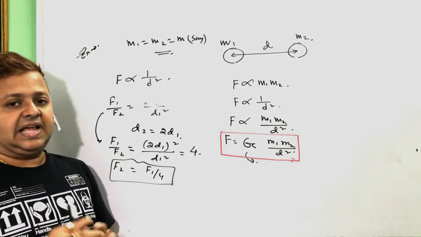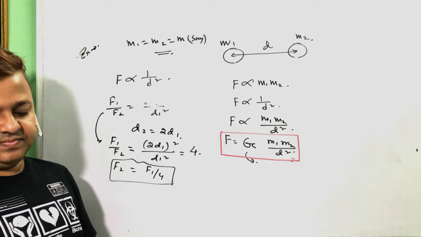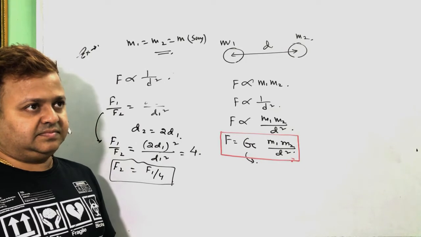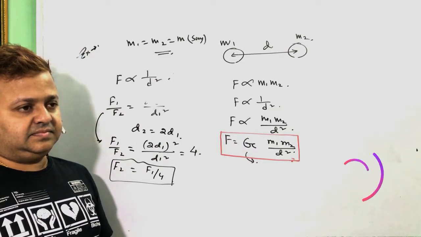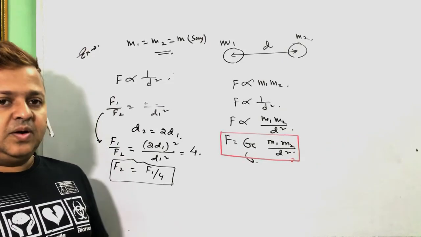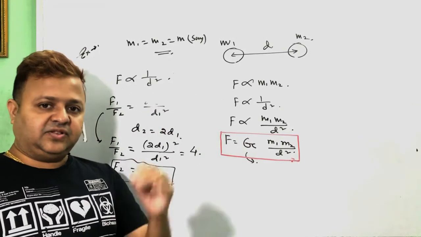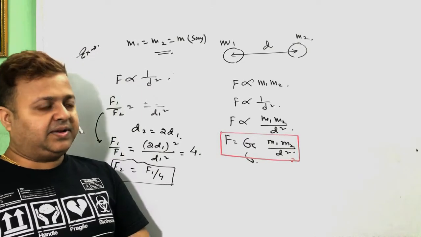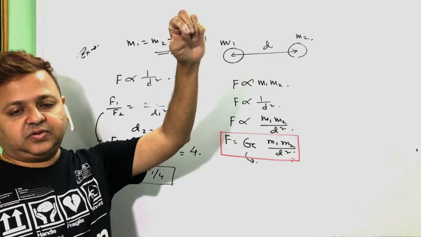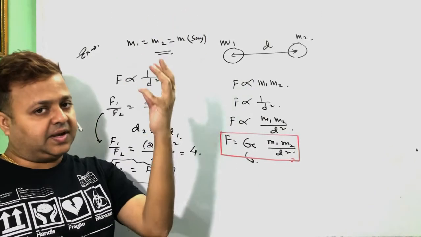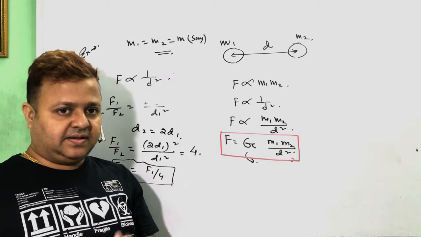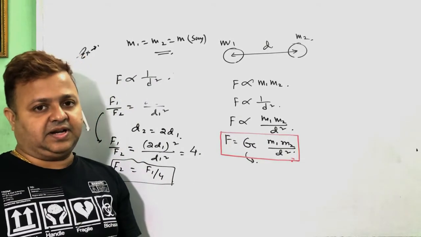Next, acceleration due to gravity. When a body is dropped from a certain height, the velocity is continuously increasing because at the point of dropping the velocity is initially 0 and it goes on increasing due to gravitational force. As a result, an acceleration is developed. This acceleration is known as the acceleration due to gravity.